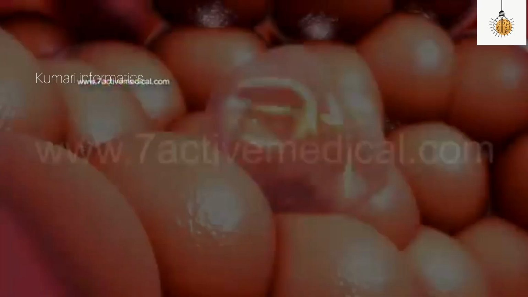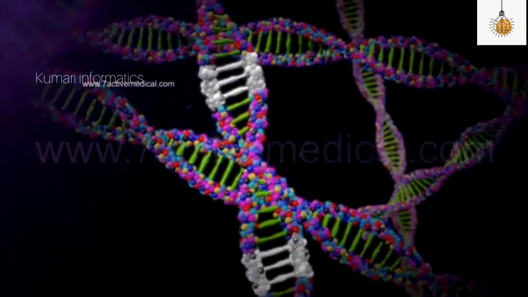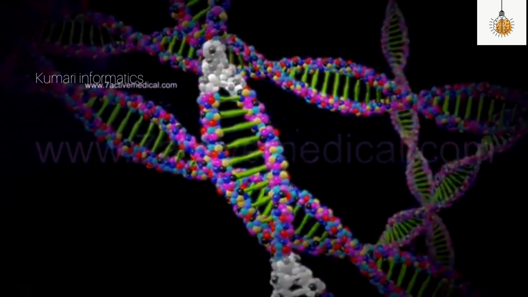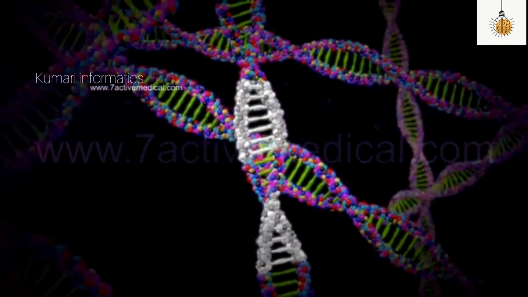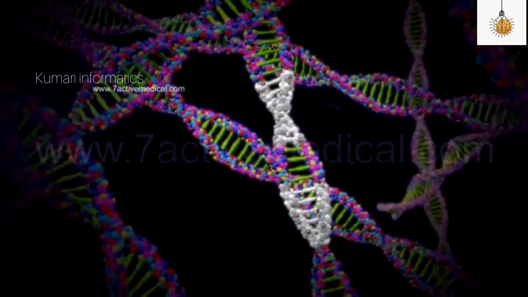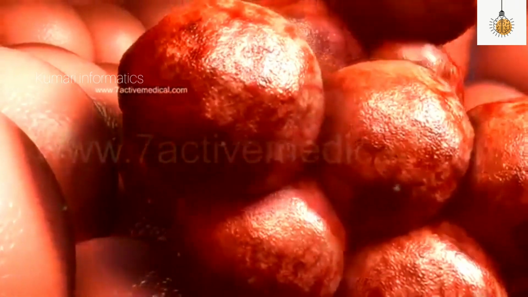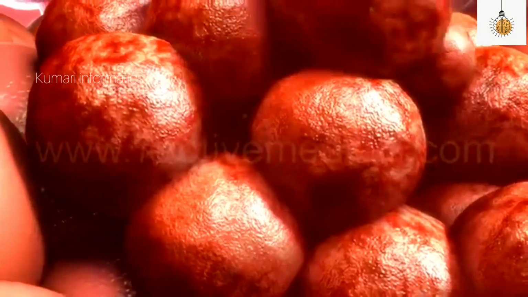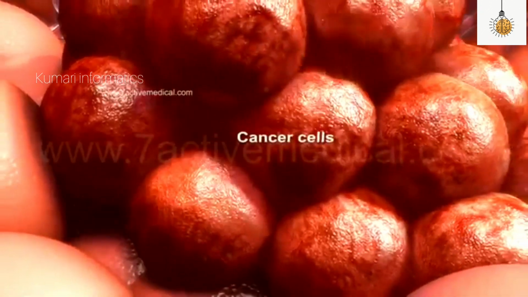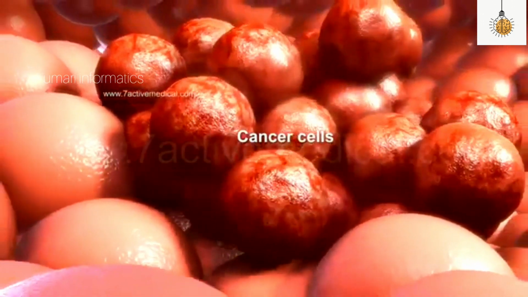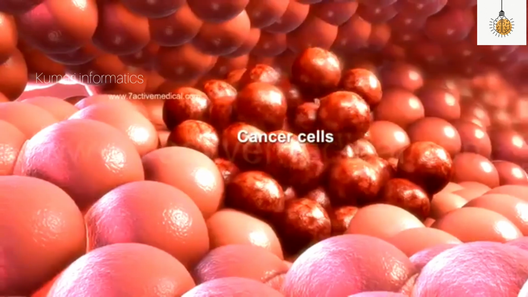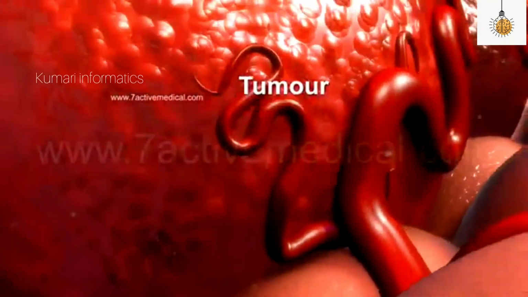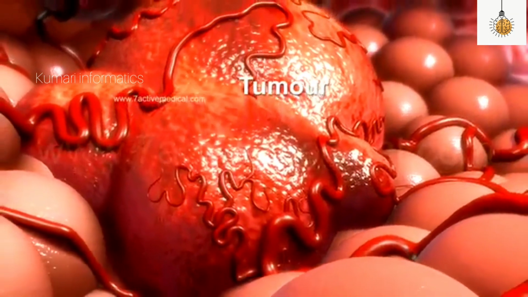If the DNA in the nucleus gets damaged, it either repairs itself or sends an instruction to the cell to die. In the case of cancer, the portion of the DNA that controls cell division is altered, resulting in the DNA being unable to repair itself or instruct the cell to die. This causes the cell to grow and divide uncontrollably, creating multiple copies of cells called cancer cells, which displace normal cells to form a tumor.